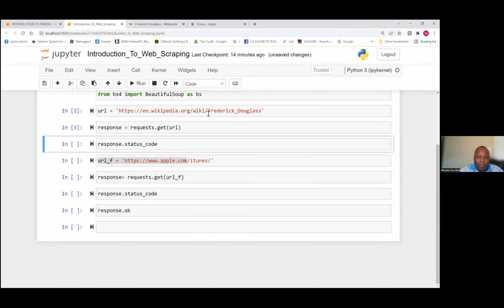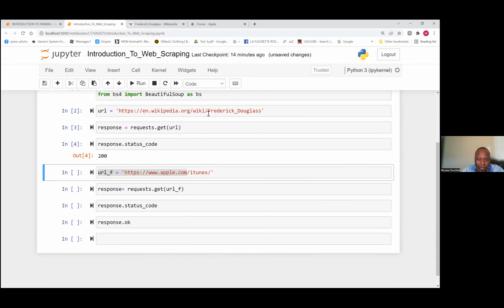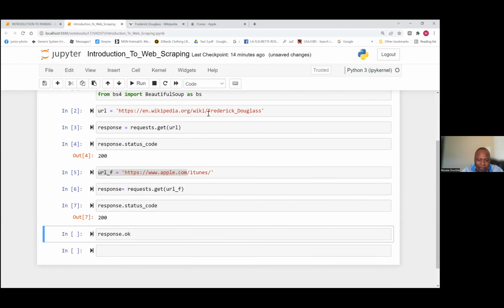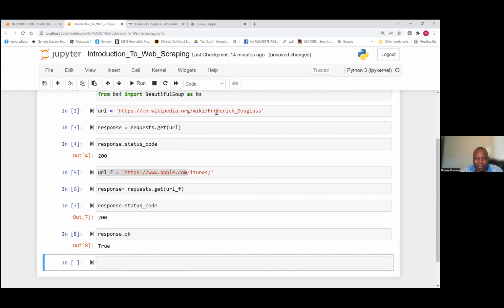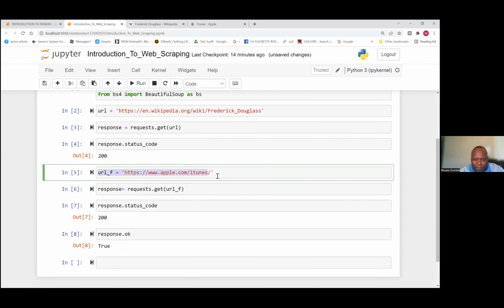So this is fine. I got a 200 code, but I want to get this. Okay, then I can skip this. Okay, good to know. Anyway, there are some websites that have a restriction, they don't let you in. So you get a 404 here. I was trying to get